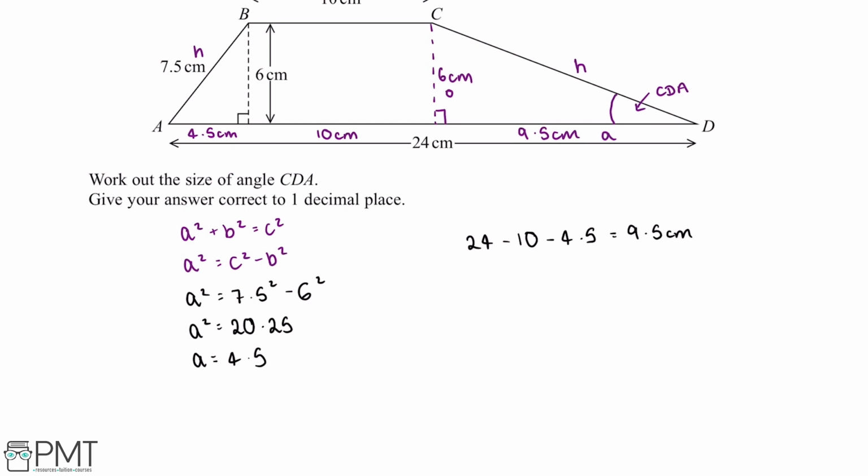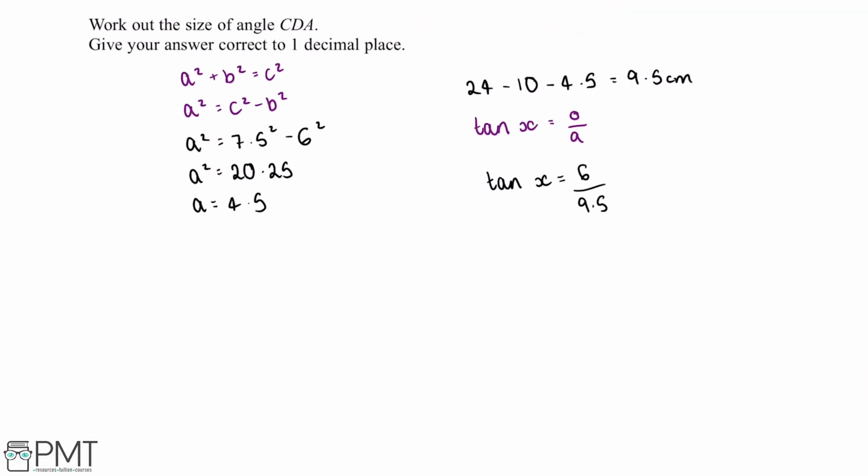So the formula we'll want to use is tan x is equal to the opposite over adjacent. So if we substitute the values we've got in our triangle into this equation, it tells us that tan x is equal to 6 divided by 9.5. And what this means is that x is equal to tan to the negative 1 multiplied by 6 over 9.5. And if we put this into our calculator, this tells us that x is equal to